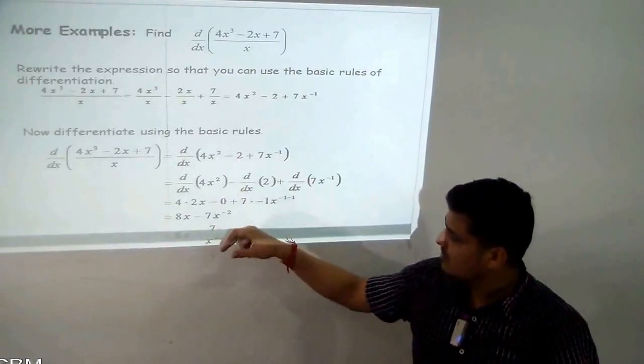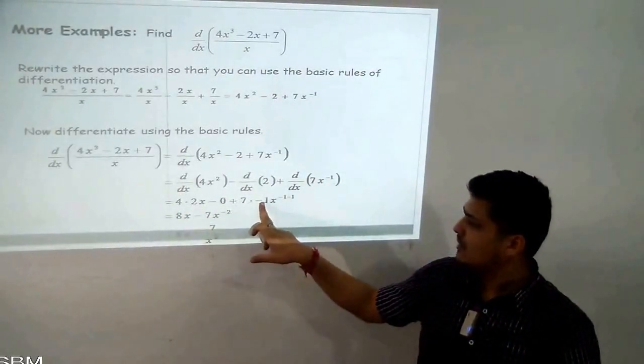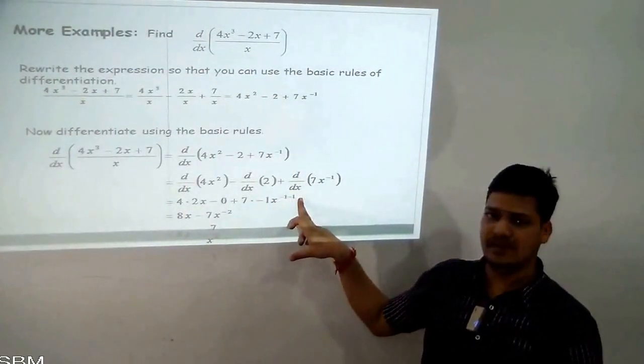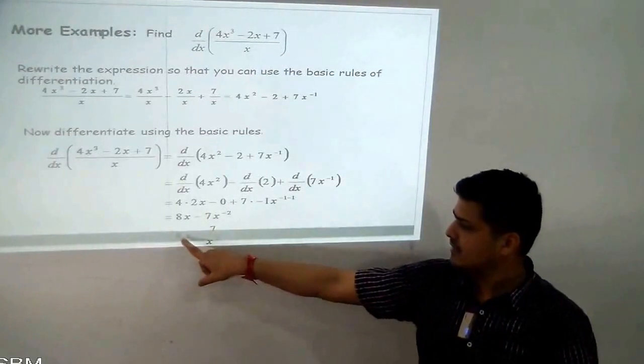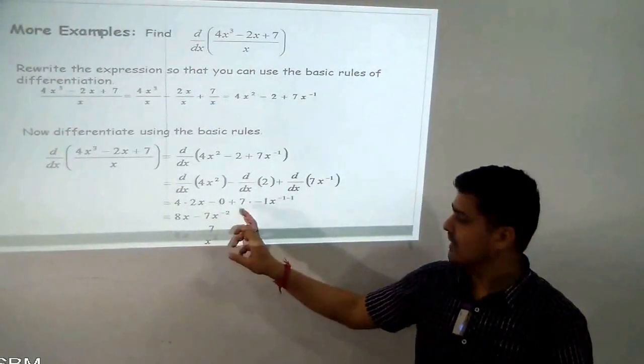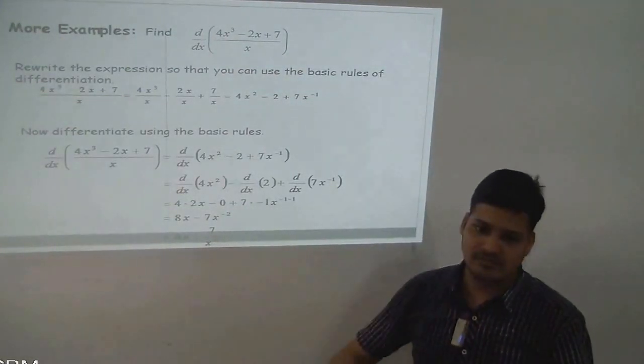So 4 into 2 is 8x, and because of the minus sign, plus 7 times minus 1 gives minus 7, x to the power minus 1 minus 1, which is minus 2. So the final value is 8x minus 7 x to the power minus 2. See, in the numerator it is minus 2, when it goes to the denominator it becomes plus. So 1 upon